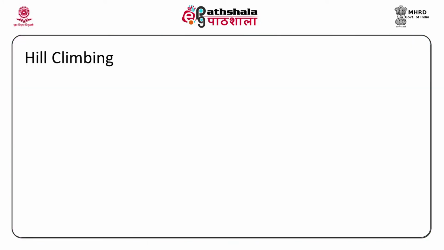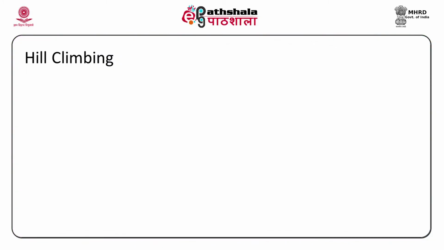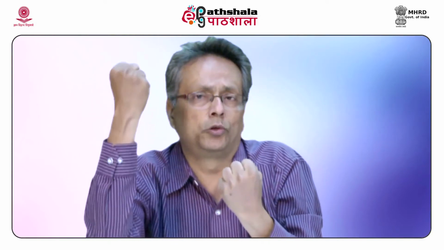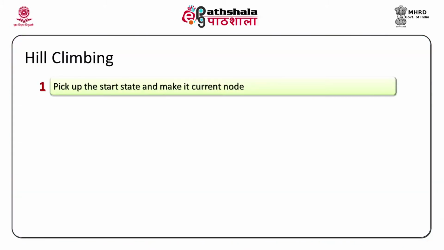We'll look at the first method, and that method is again pretty simple. I'm here in this state, I just apply one rule that is possible to be applied, and generate the node. If this node is better than this, I'll just go. That's called hill climbing. Why is it called hill climbing? I'm actually incrementing the heuristic value. If my current node's heuristic value is 3, I get a node with heuristic value 5, I just move, and then from 5 I get 7, I move, at 7, 8 I can move up, and so on. My requirement is to reach 10. I've already told you 10 is the solution. So that's why it's called hill climbing.